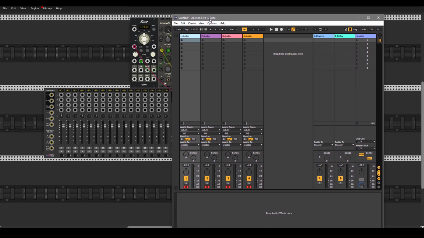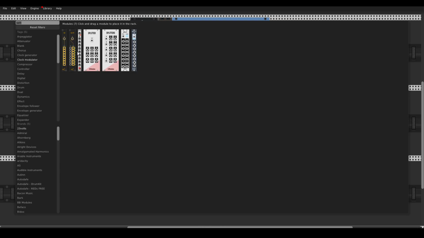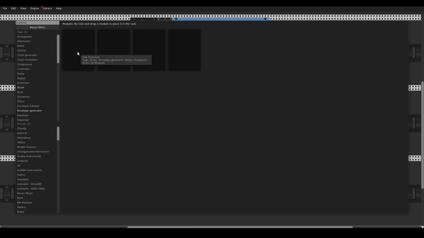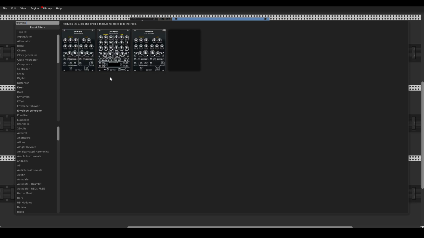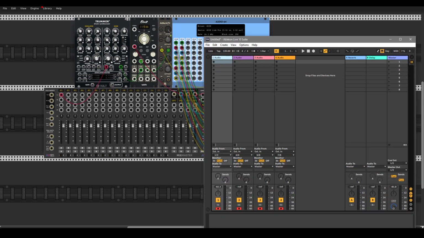So now I just connect 4 stereo outputs to 4 stereo inputs in Live. And let's add our Trumo. You won't hear any audio because I haven't set up my video recorder yet, but you can see a VU meter here,